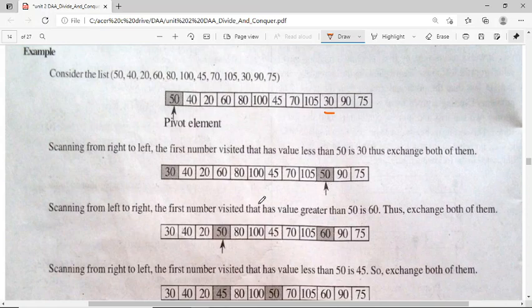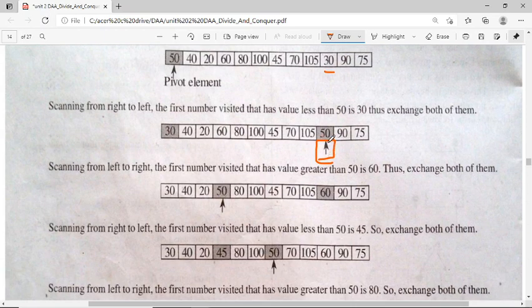So you need to swap. 50 comes to the place of 30 and 30 goes to the place of 50, but our pivot will not change, the pivot will be the same. Then scanning from left to right, the first number visited that has value greater than 50 is 60, thus exchange both of them.